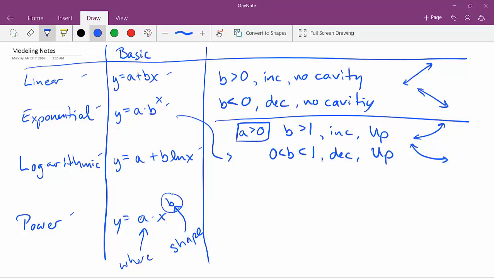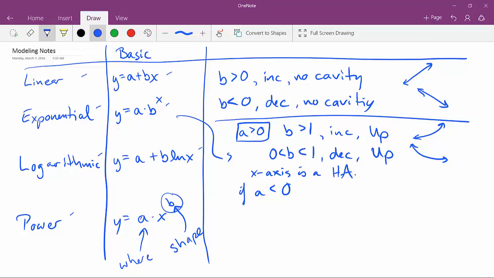Also notice that regardless of A and B, the x-axis is a horizontal asymptote. Again, it doesn't matter what A and B are, the x-axis will always be a horizontal asymptote for an exponential model. And then if A is negative,